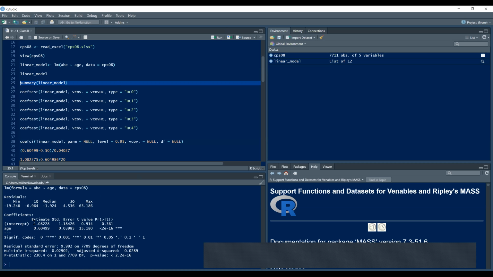So what do we have here? This is the beta 0 hat. This is beta 0 hat. This is beta 1 hat. Okay, guys? This is estimated standard error, or in other words, estimated standard deviation of what? Guys,